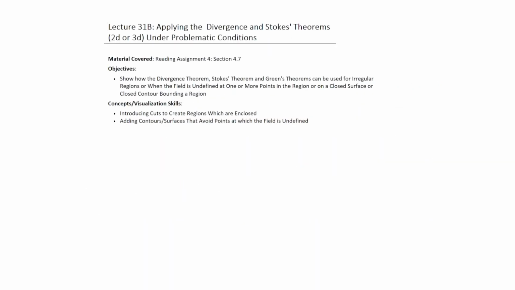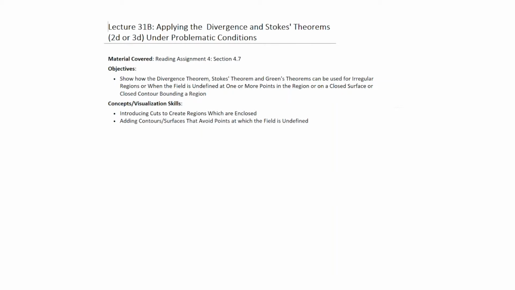Welcome to Lecture 31B. Here basically we're going to apply the divergence and Stokes theorems, that is the 2D or 3D representation, under problematic conditions which I'll define shortly. So the material for this lecture comes from Reading Assignment 4, Section 4.7, and the objectives are to show how